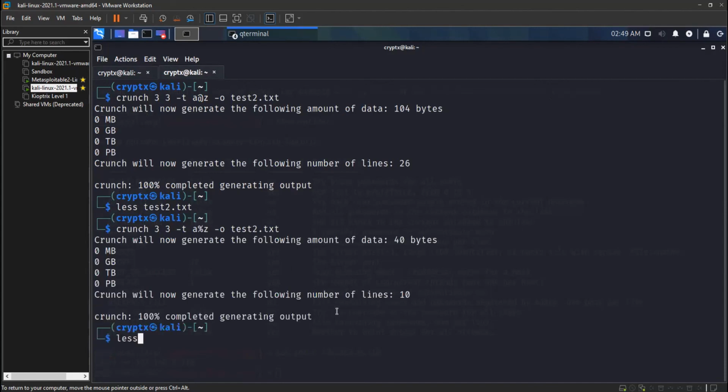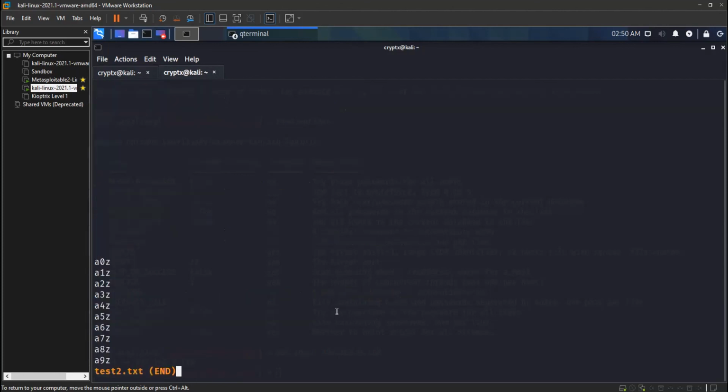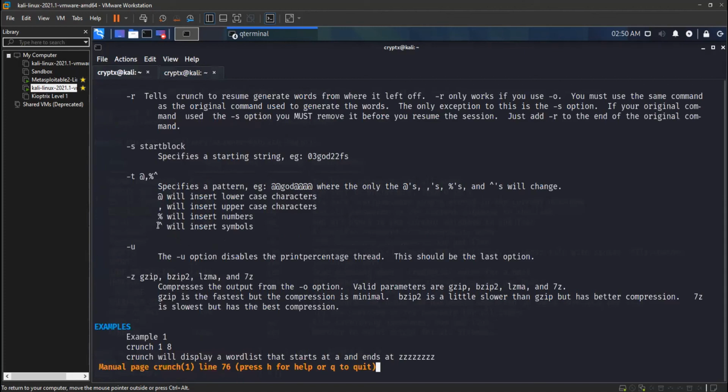So I'll just do less test2.txt. Okay, yeah. So as you can see here, the numbers are entered instead of that percentage sign here, and a and z is constant. So this is how we could manipulate this, and by putting this sign we can enter symbols randomly.